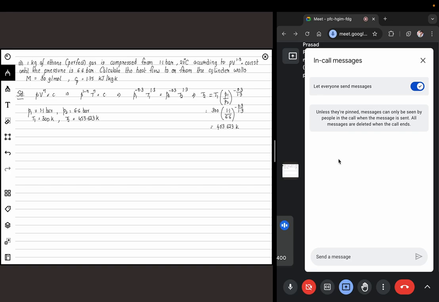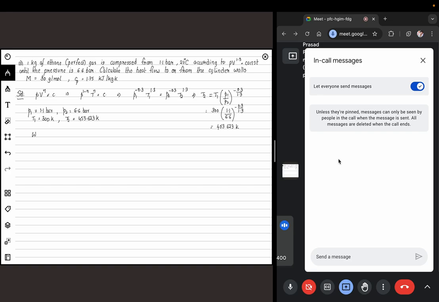So you know the initial and final temperatures. You can calculate the final volume as well, like we know the initial and final pressure, so we can calculate the final volume also. The problem here is to calculate the heat flow. If you recollect, we have derived an equation for heat flow previously. You can refer to the previous lecture, or we can take a couple of minutes and derive that as well. So in case of